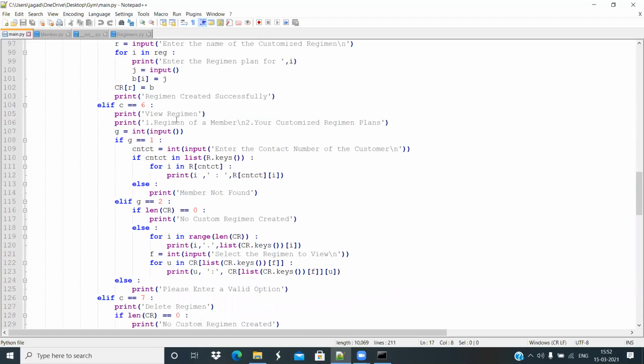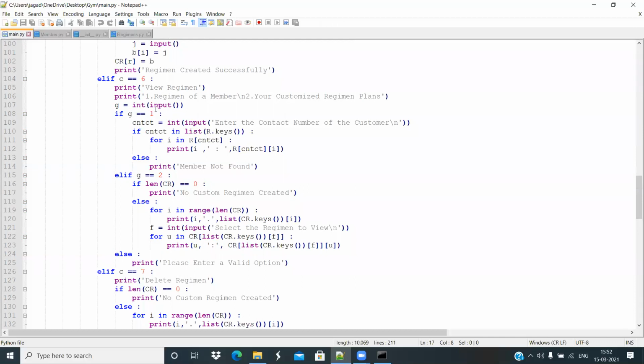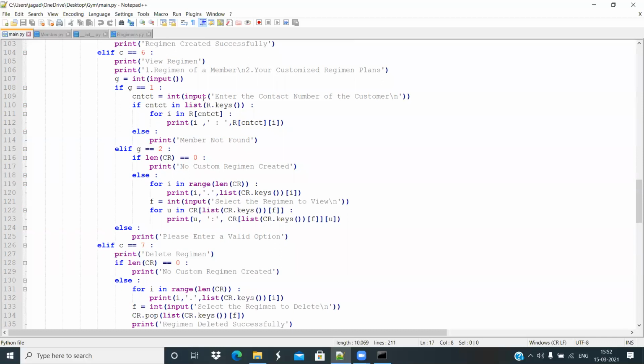Now we have view regimen. So one is the regimen of a member, and two is customized regimen plans. G takes the input. If G is equal to 1, it is going to ask for the contact number. If contact is in R dot keys, R of contact is just another dictionary of regimens. It is going to print, R of contact is a dictionary which has Monday and its corresponding plan values.